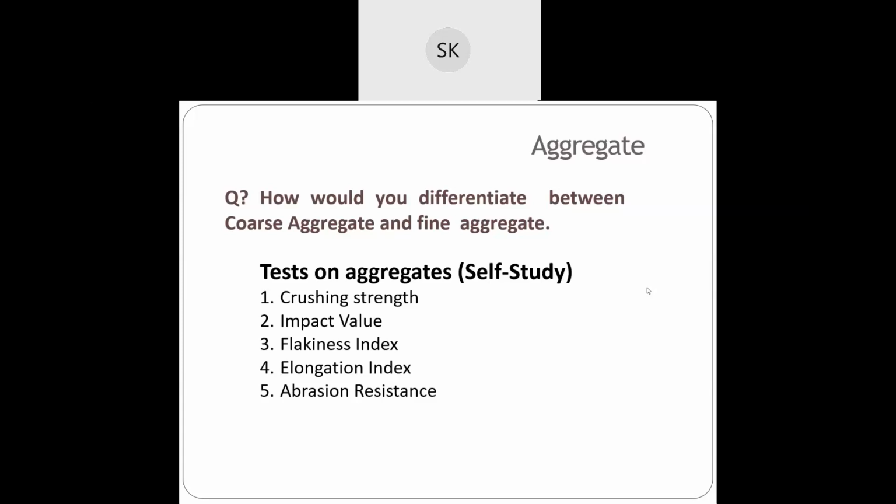Ma'am, an example of fine aggregate is sand. And coarse aggregate is? That stone which we put along with the cement in concrete. Yeah, but I am asking the basic difference. How can you differentiate? That is the technical term. Ma'am, if the aggregate passes through the 4.75 mm sieve, then it is fine aggregate, and if it is retained on the sieve, then it is coarse aggregate. Yes, yes, yes. Okay, so you all know about this. Good. So those who responded, good.